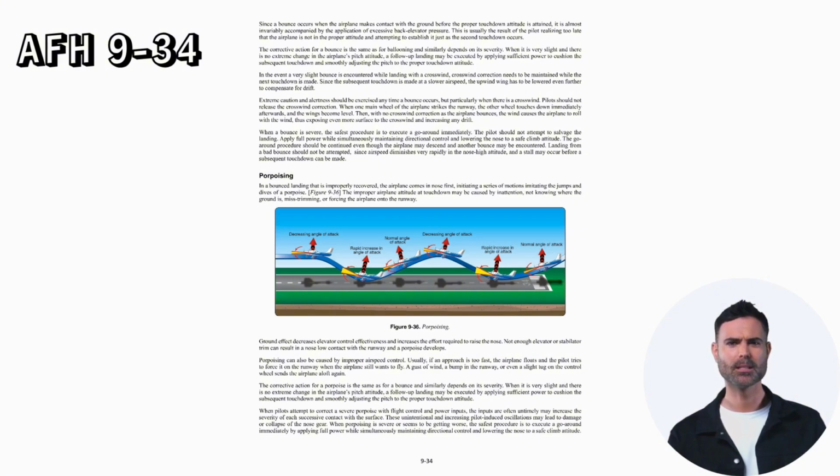A gust of wind, a bump in the runway, or even a slight tug on the control wheel sends the airplane aloft again. The corrective action for a porpoise is the same as for a bounce, and similarly depends on its severity. When it is very slight and there is no extreme change in the airplane's pitch attitude, a follow-up landing may be executed by applying sufficient power to cushion the subsequent touchdown and smoothly adjusting the pitch to the